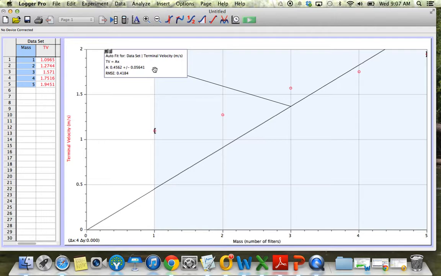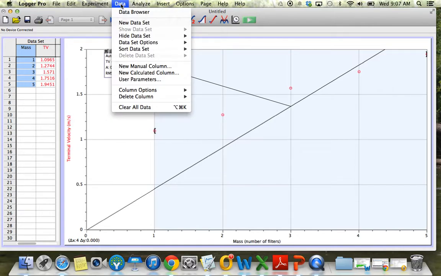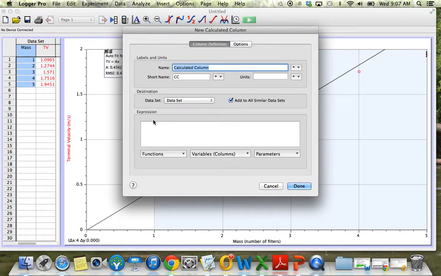In order to graph another set of data, you would want to go to Data, New Calculated Column. If you select the calculated column, then you have the option, I'm going to choose terminal velocity squared. You have the option to use the data that's already in there, and the computer will do the math for